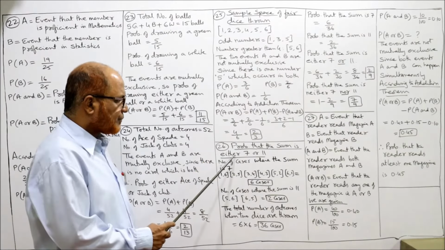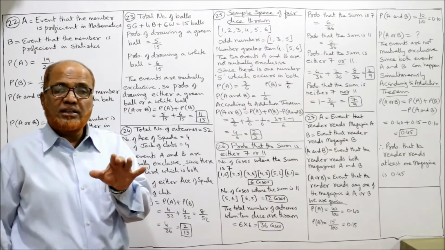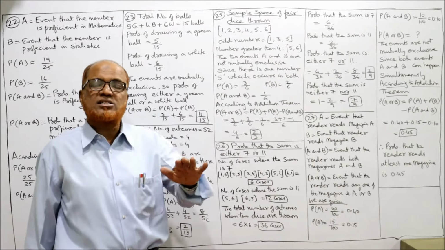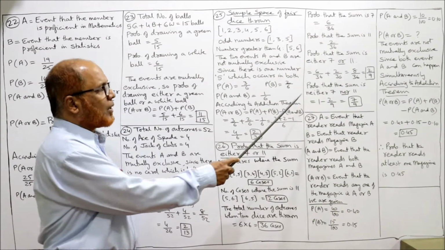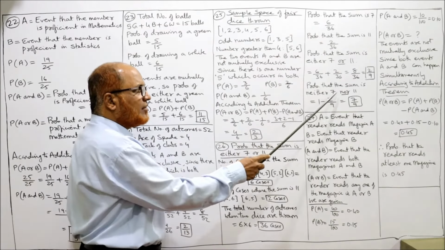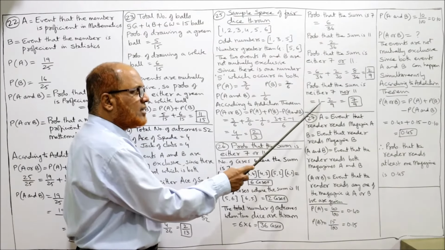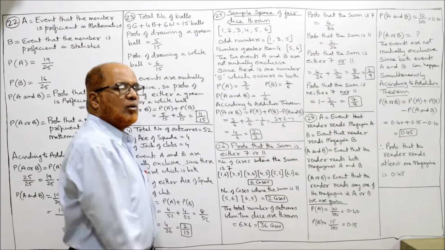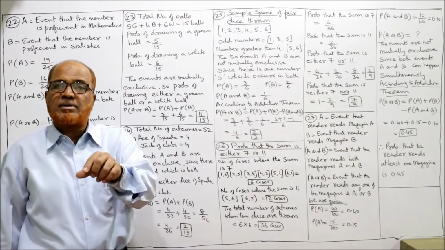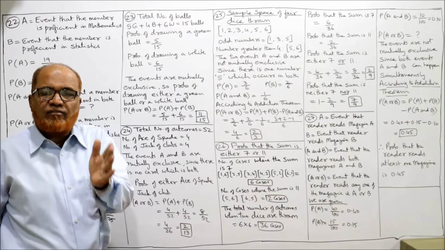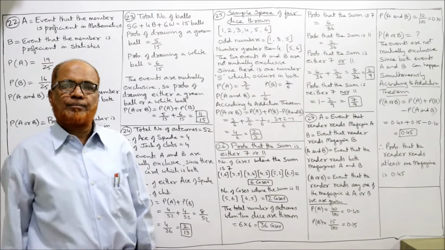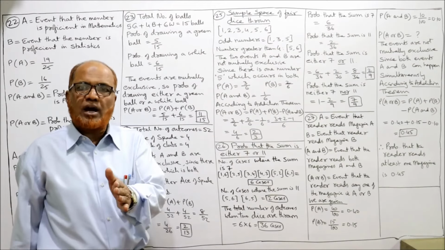Either 7 or 11. But the problem is not asking you either, it is asking you neither nor. तो 1 में से minus कर देंगे. Probability that the sum is neither 7 nor 11 is equal to 1 minus 2 by 9, that is 1 minus the probability that the sum is either 7 or 11. तो neither मालूम करने के लिए 1 में से either को निकाल देना.